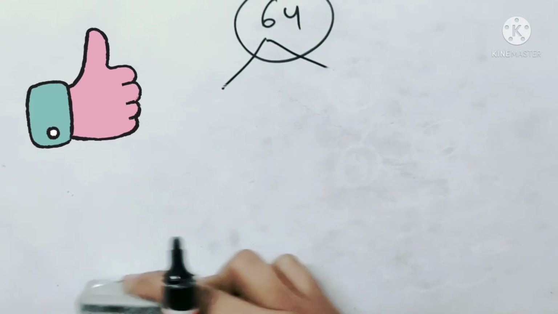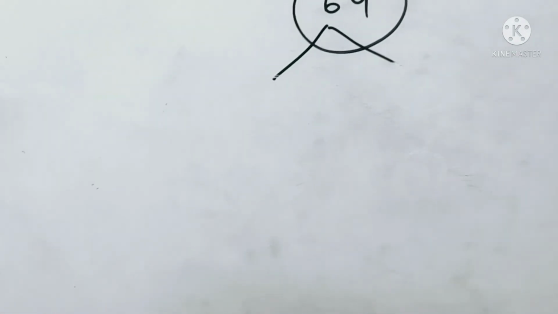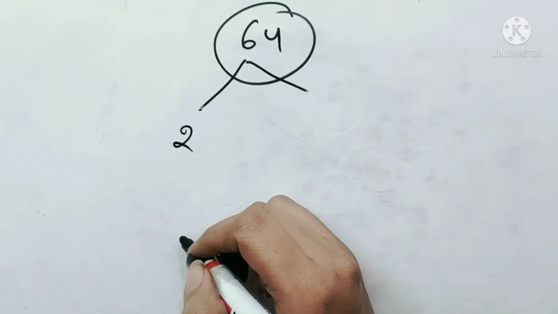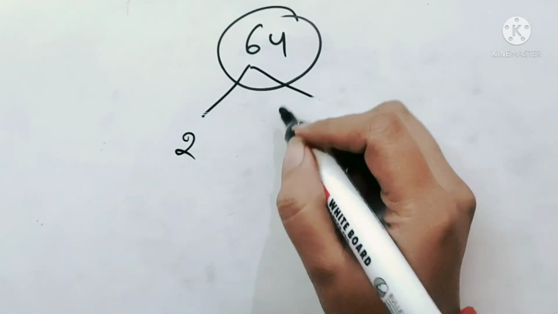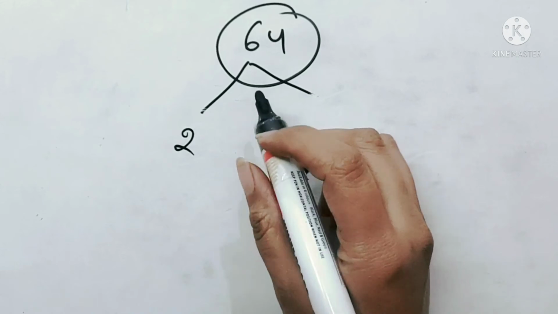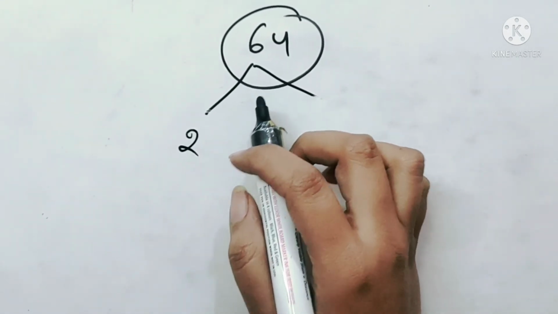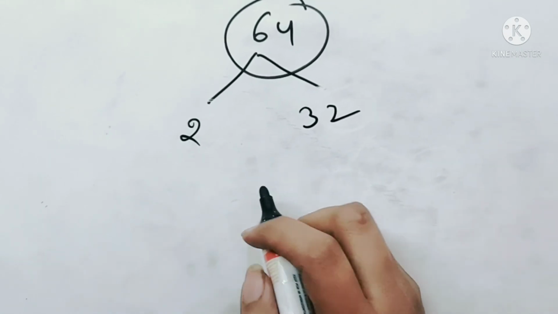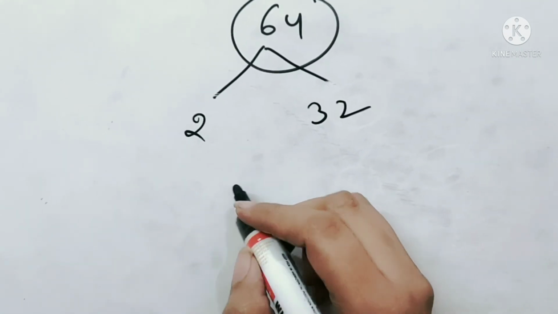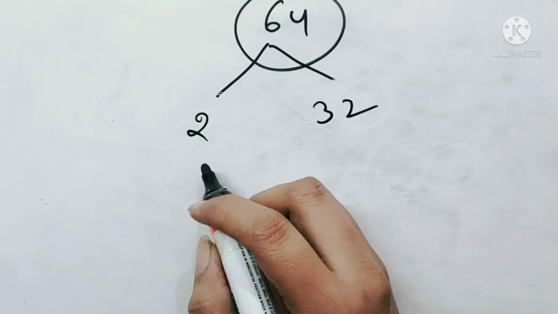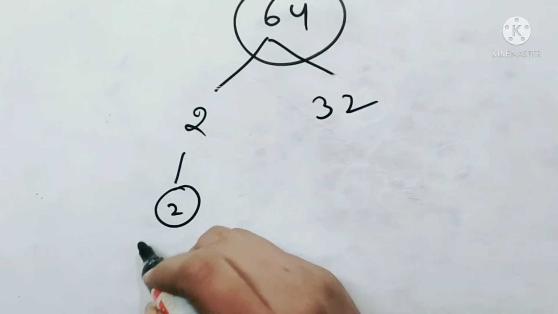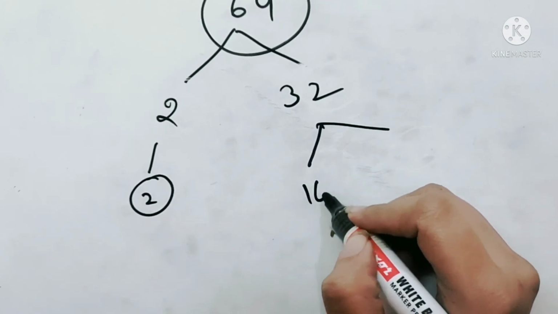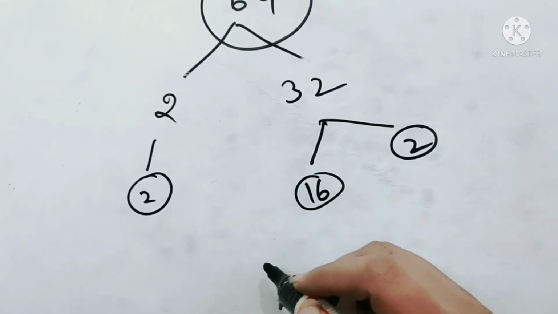Now similarly, 64 can be separated in any other form also. Suppose I take one of the factors of 64 as 2. But I told you that you have to split it into its 2 factors only. If 64 is divided by 2, the second factor will come out to be 32. This will also be correct because at the end you are going to get the same answer. So 2 can't be separated further, so we will write it same as 2 only. But can we write 32 as 16 into 2? Yes, we can write it.